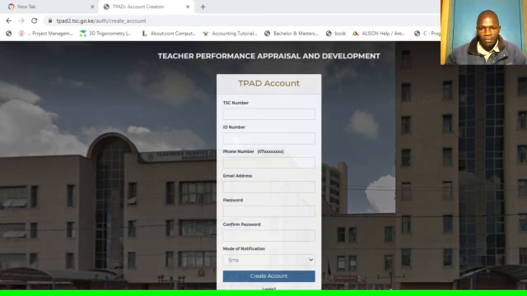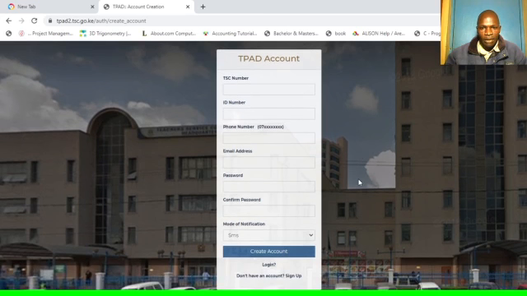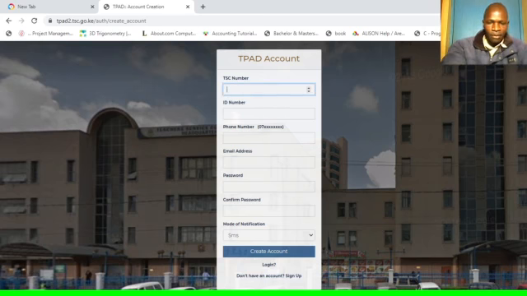Very well. So on clicking create account, we'll be brought to this TPAD account registration page. This is the TPAD account registration page, and it requires a number of details. We require the TSC number, so we now enter our TSC number to register. So I enter mine, ID, I enter mine,